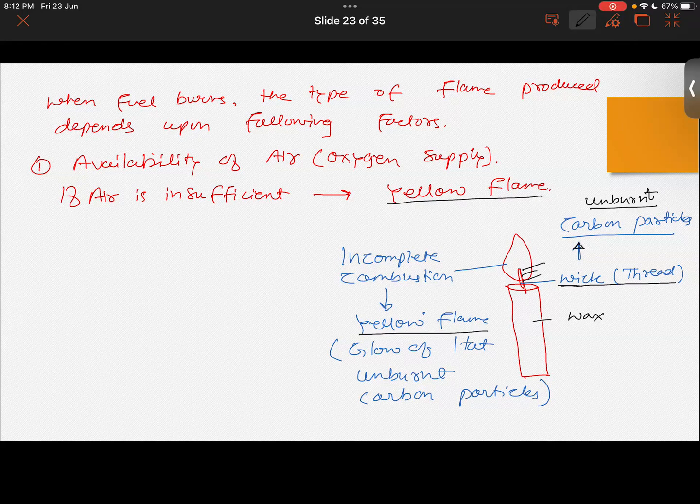So let's say if you place a paper, not too close, or any metal or any other object over it, you will see that a blackish layer of